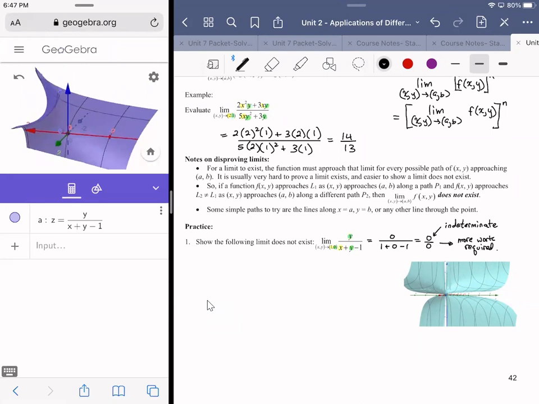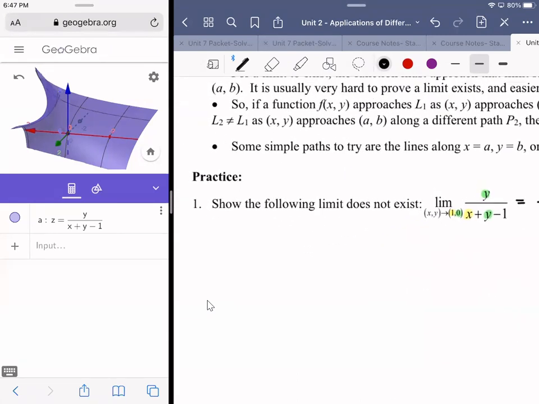All right. But what we need to do is get to the point 1, 0, comma, whatever it is, if it exists. According to this, it may or may not exist according to our analytic work, right? But if it does exist, we want to be able to figure it out, right? So long story short, theory conversation over. Let's get down to business. How do we do that? Well, what we can do is assume that we're coming in along a certain path, right? So I'm going to assume